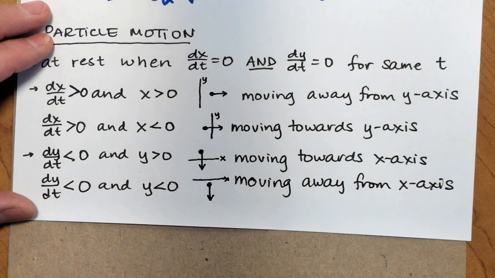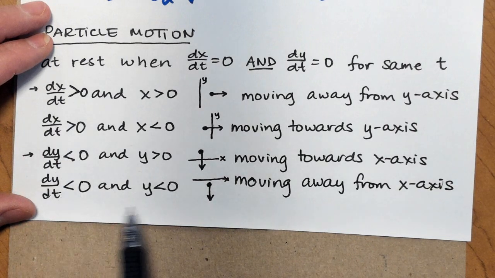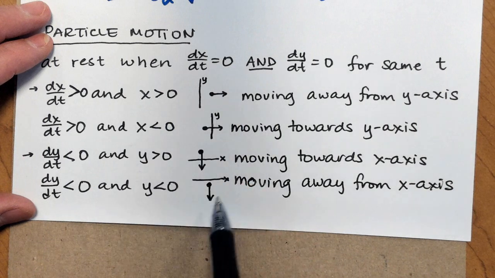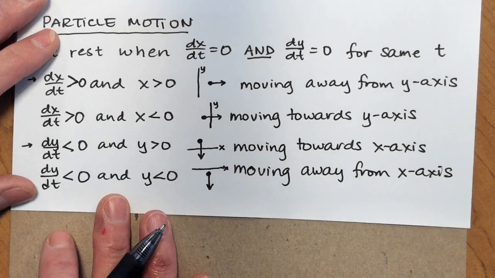And of course, there's another set where dx/dt is negative or dy/dt is positive, but you can just draw yourself a little picture, and it's easy to logically figure out what a particle is moving away from or towards. And lastly, I'll just talk about